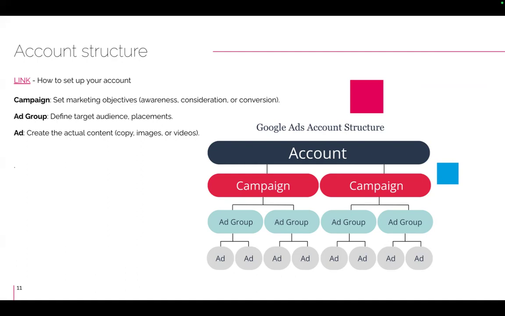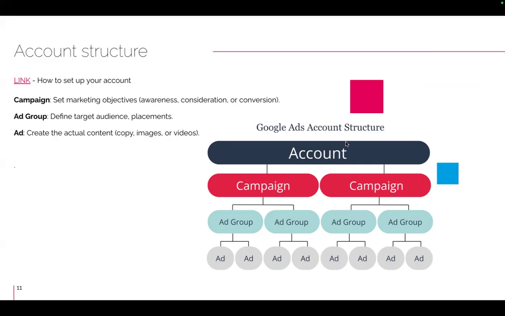It is incredibly simple. You will need your business information, an email address, and your payment information. It will guide you through step by step, but we won't have time to cover that here. You will get this resource afterwards.